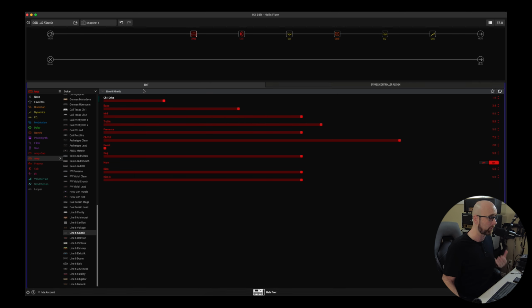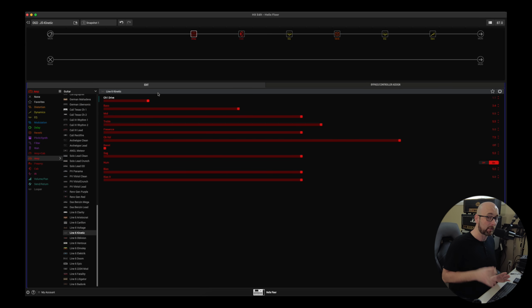Well, what we have to do is we have to enable snapshots on the parameters that we want to change. So I can do this in a number of ways. One way is by right-clicking and rolling down to where it says snapshots. When I click that, you'll see a little camera icon come up here, and that means that this parameter is now snapshot enabled. If I didn't want to use that way, on Mac, I could do it by pressing Option and left-clicking, which will also engage or disengage snapshots on that parameter. And if we were on Windows, it would be by pressing Alt and a left click,